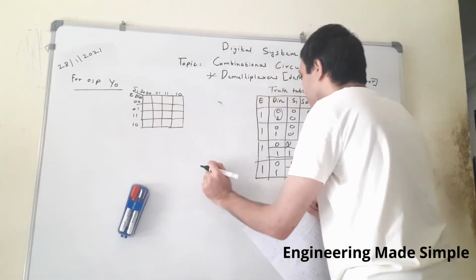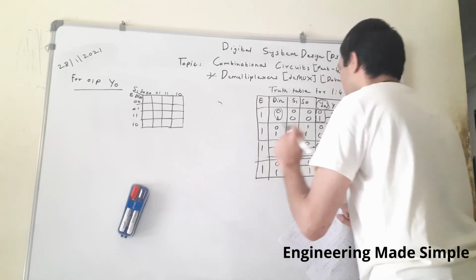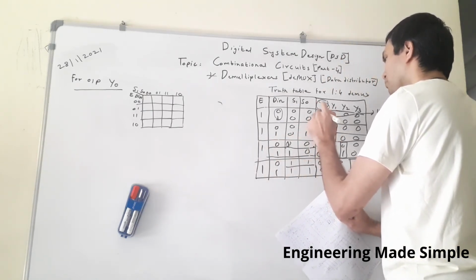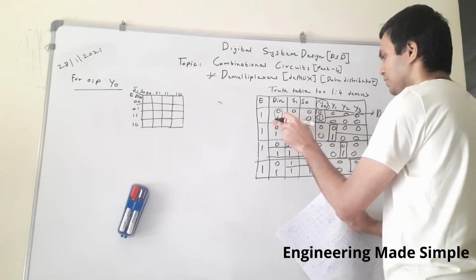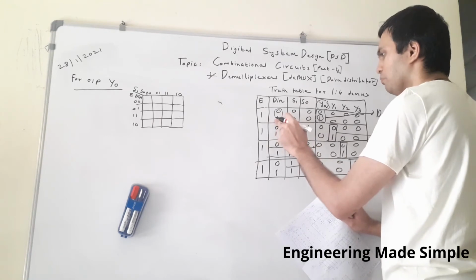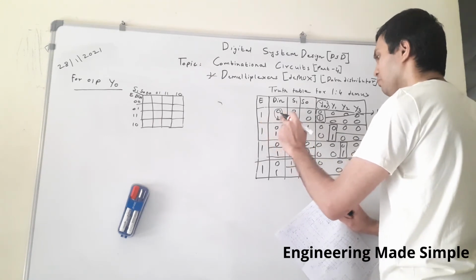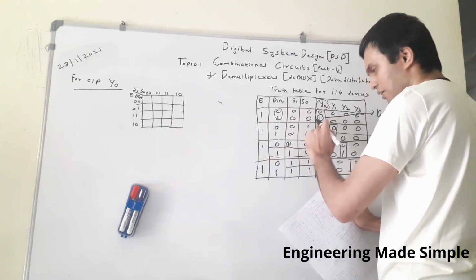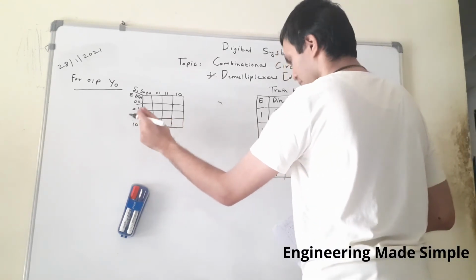Now let us observe the first row over here. Which of the following is a min term? The term for which the output is high for that input combination. So for the input combination 1 1 0 0, your output is 1. Now where is that min term? It is present over here.